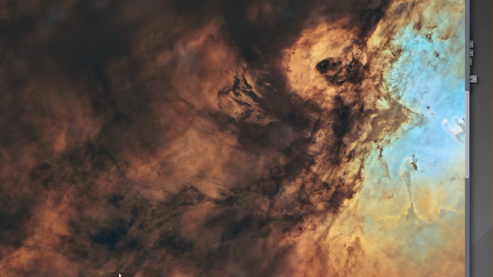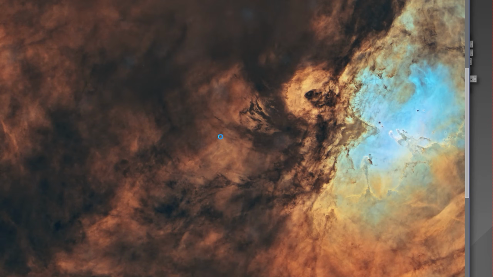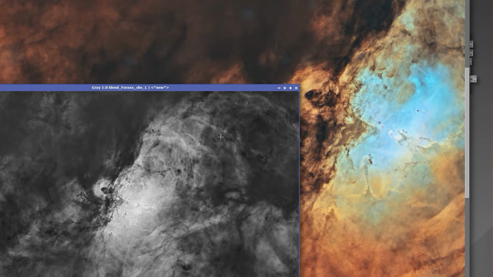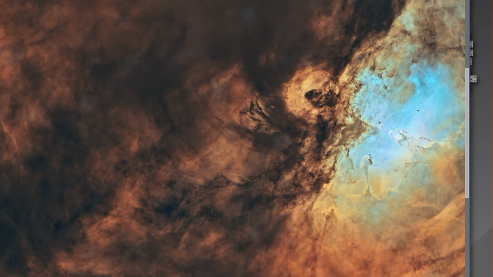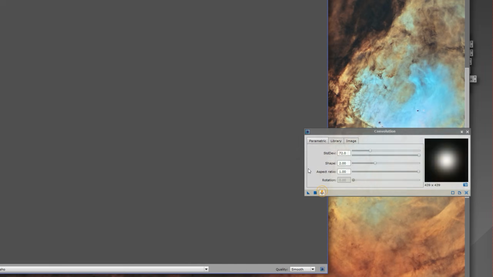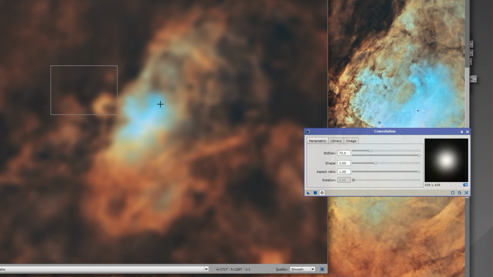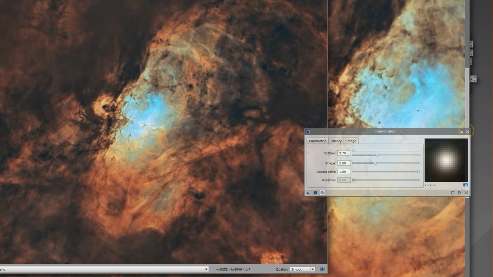And then there is a trick if you notice color modeling in the background. The best thing to do is go ahead and pull a luminance. So here's the luminance. And then what we're going to do is use convolution on the main image itself. So let's zoom way in, and it's usually like 4 pixels worth. You just want to get rid of any color modeling you see. And then when that blurring is done,